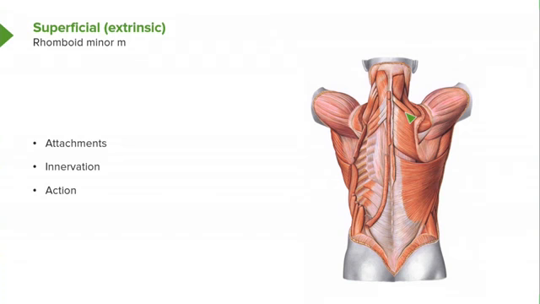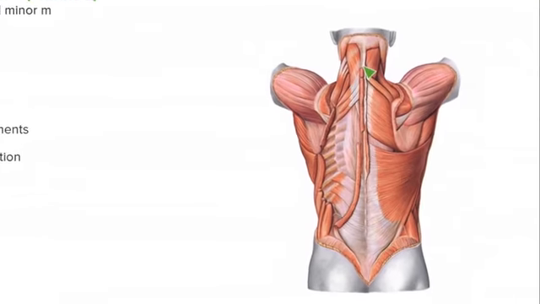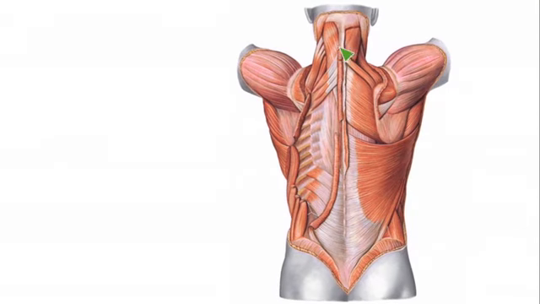The rhomboid minor is shown here. It is a slender band of muscle fibers. It's going to attach to the inferior aspects of your ligamentum nuchae, running right along in through here. It also has